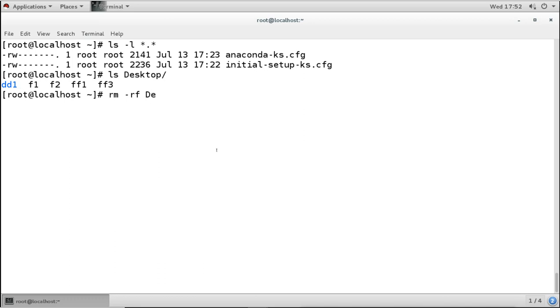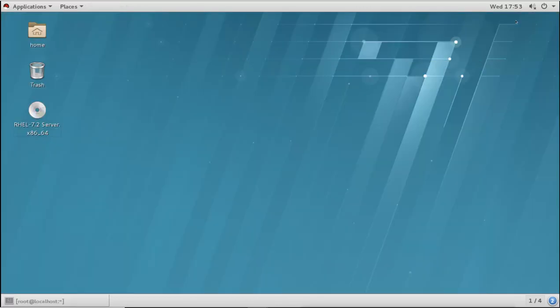Then I will give the absolute path: root, users, desktop, and instead of mentioning a file or directory I will mention star. That means I want to remove everything in that desktop directory. Now we can list it, and it has removed everything from the desktop. You can go there and see there is nothing there now because we have removed it.